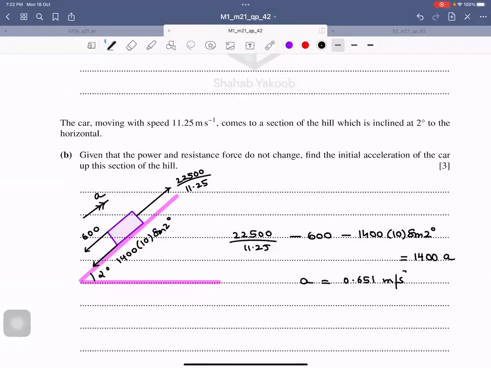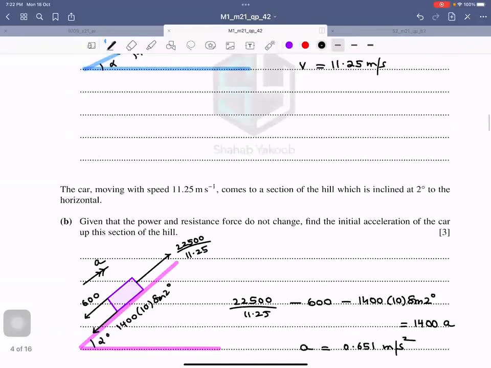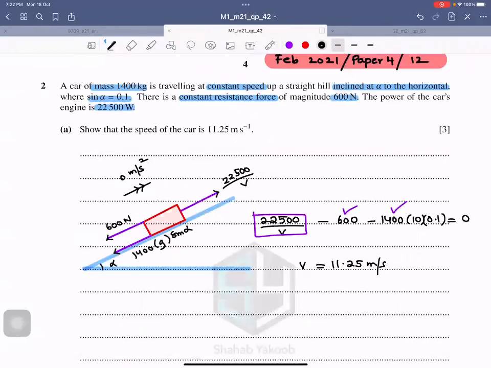So that was a basic question. It's not actually about energy as such. It's not about work. It's basically a question about power. The definition of power is rate of work done. Power is work done divided by time. So since power is force into velocity, which definition have we used? This definition. Therefore, this force is power over velocity.